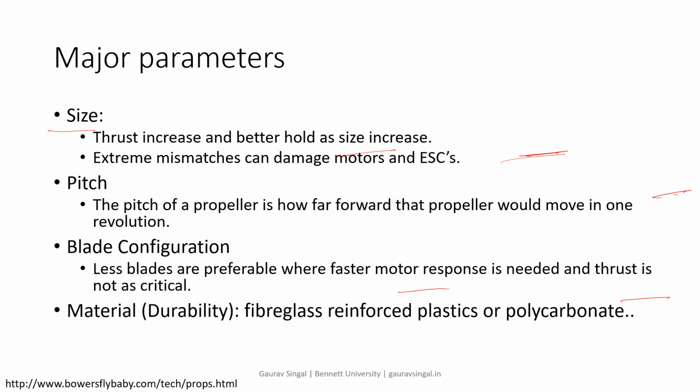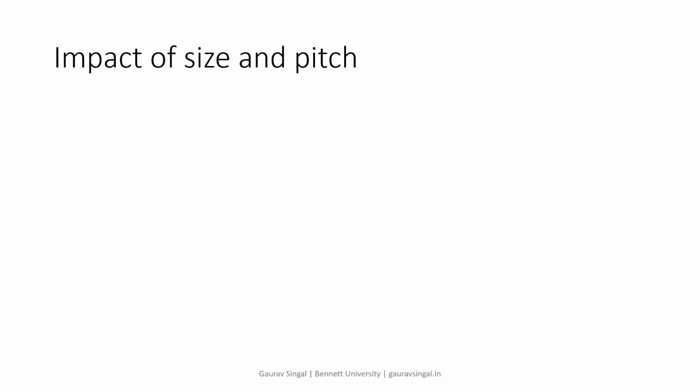And again, materials. There are multiple materials. Fiberglass-reinforced plastic or polycarbonate is preferable for propellers. Design in terms of efficiency is wingtips. How we design the wingtips. Maybe you have seen wingtips like this. On the side there is a slight tilt in every propeller. That is basically the wingtip. If you add that, it will be more efficient.